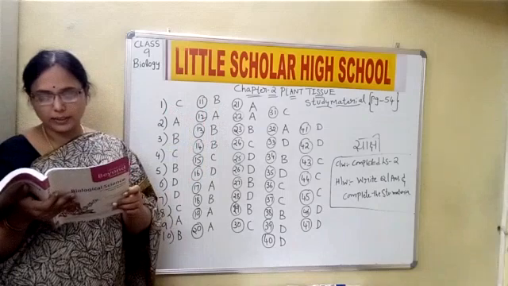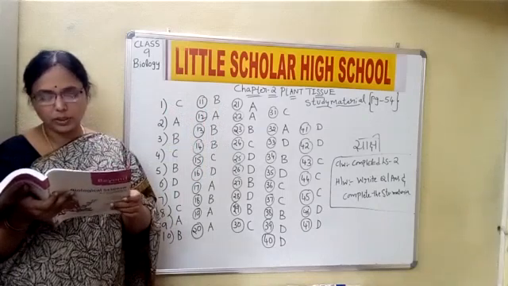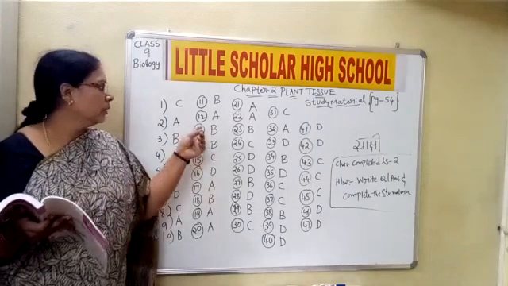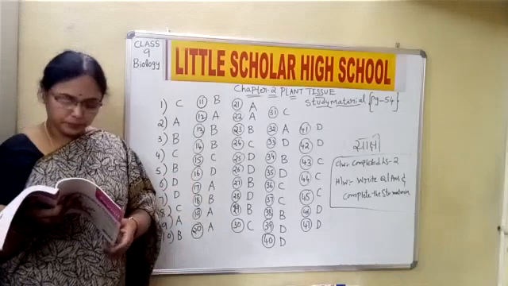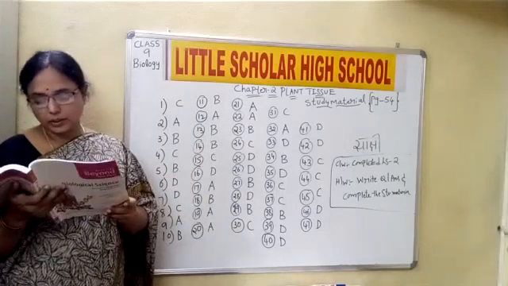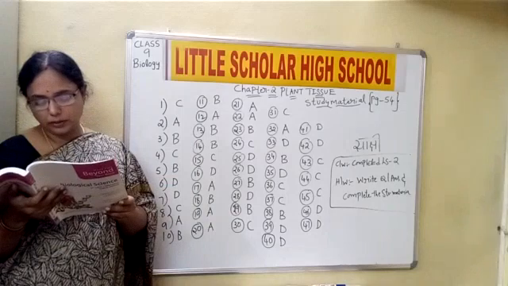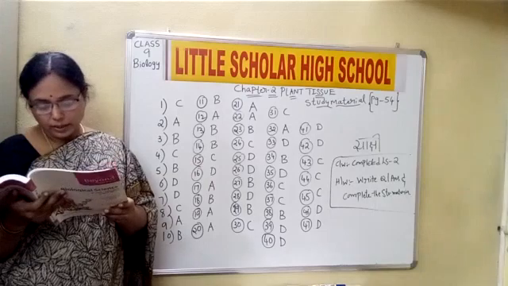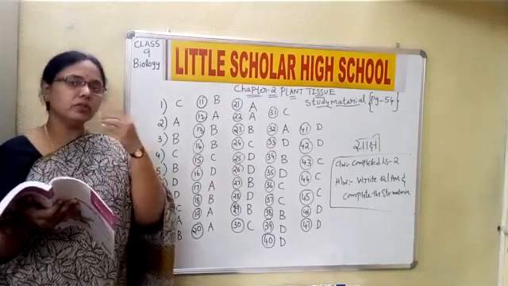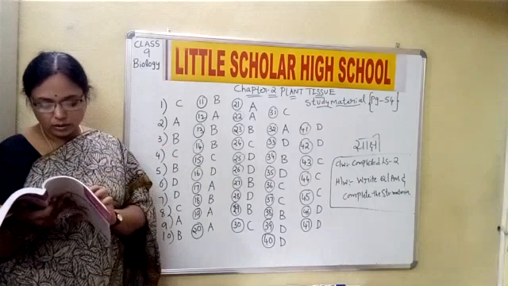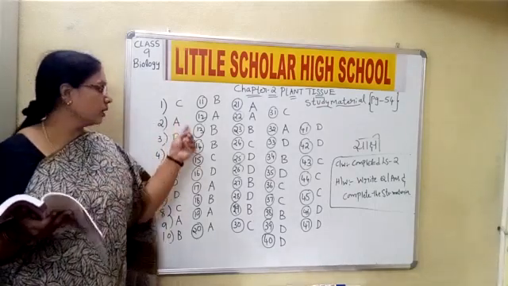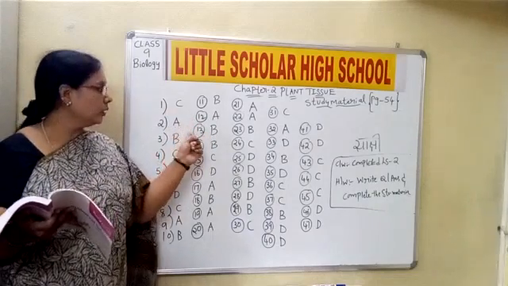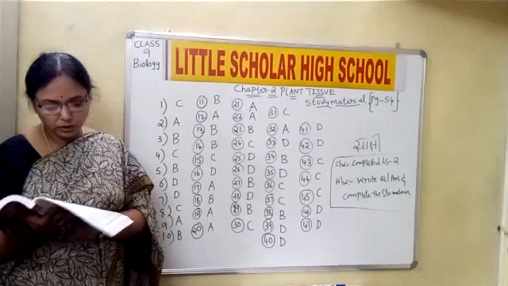Which of the following is a correct statement? I am reading the correct statement, children. Meristematic tissue is the dividing tissue. Yes, 12th A is the correct answer. 13th one, tissues that are present at the growing tip bring the apical dominance. If we cut such tissue in the plant, then naturally apical dominance does not occur. When you are cutting off the tissue itself, how does the growth occur? So 13th B. 13th B. 14th one, children.